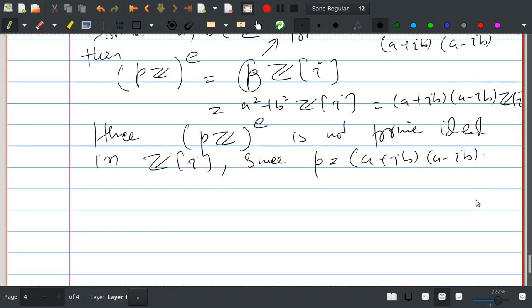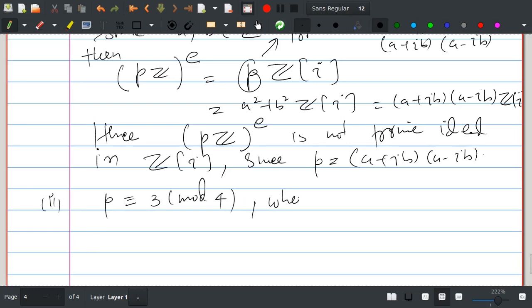Now what are the prime numbers in the ring of integers whose extension is also a prime ideal in the ring of Gaussian integers? That means we have to look at the primes in the ring of Gaussian integers. There is a result that if p is congruent to 3 mod 4, where p belongs to Z is a prime, then p is a prime number in